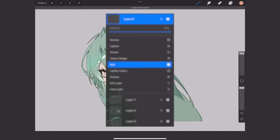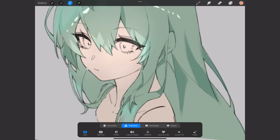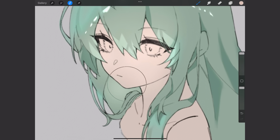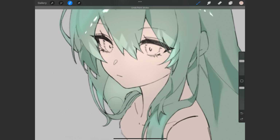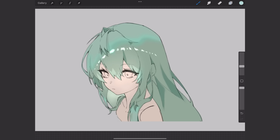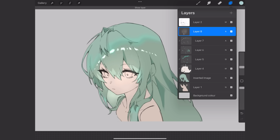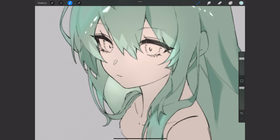So what we do is we create another add mode and we color pick the skin color. We paint with a soft airbrush to add a slight gradient and glow to the hair. And this was done with a non-clipping mask layer, so you get some glow on the skin as well. The purpose of this step is that it makes the hair look less heavy and gives it a slight impression of see-throughness. Additionally, we also paint some of this glow in the back parts of the hair and here as